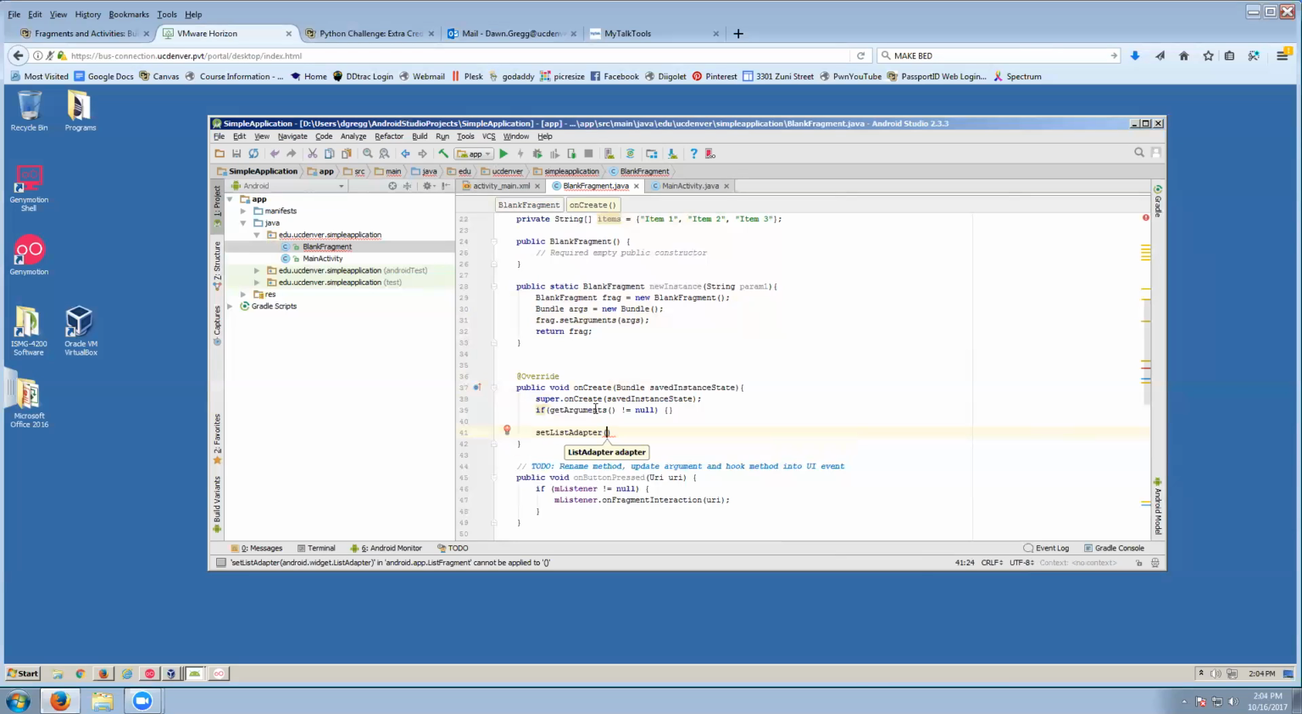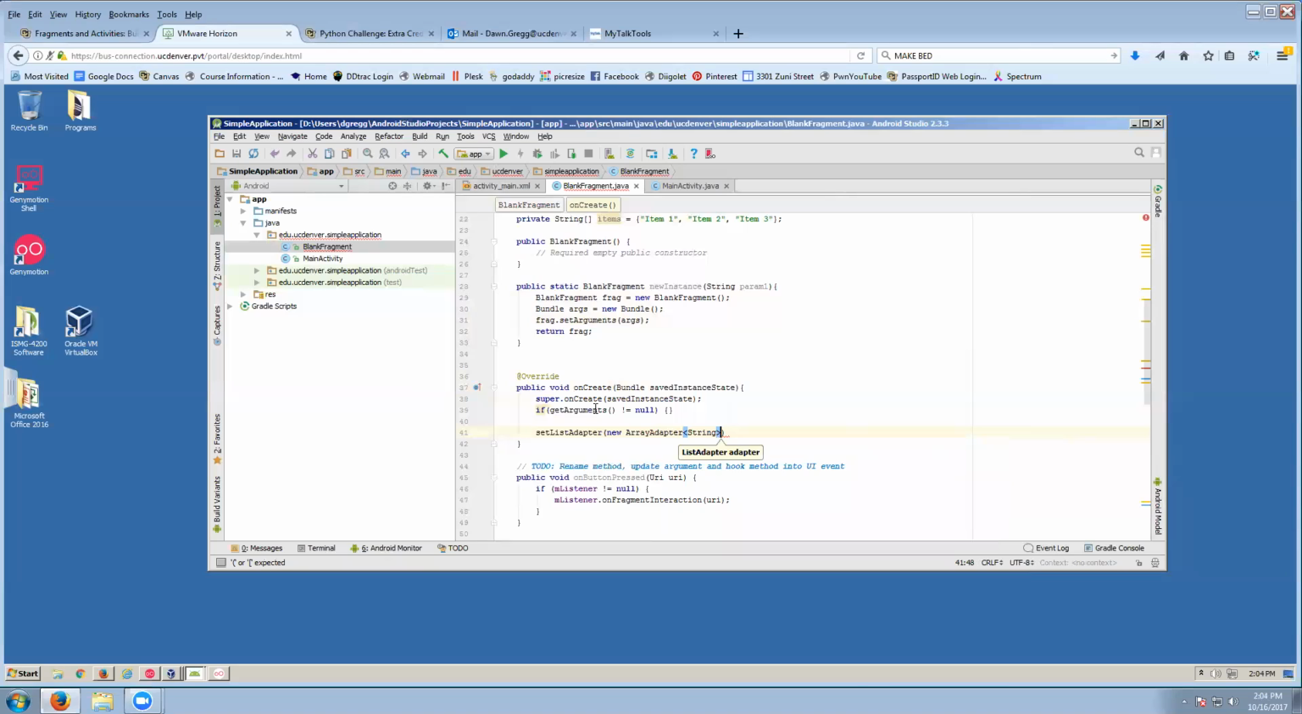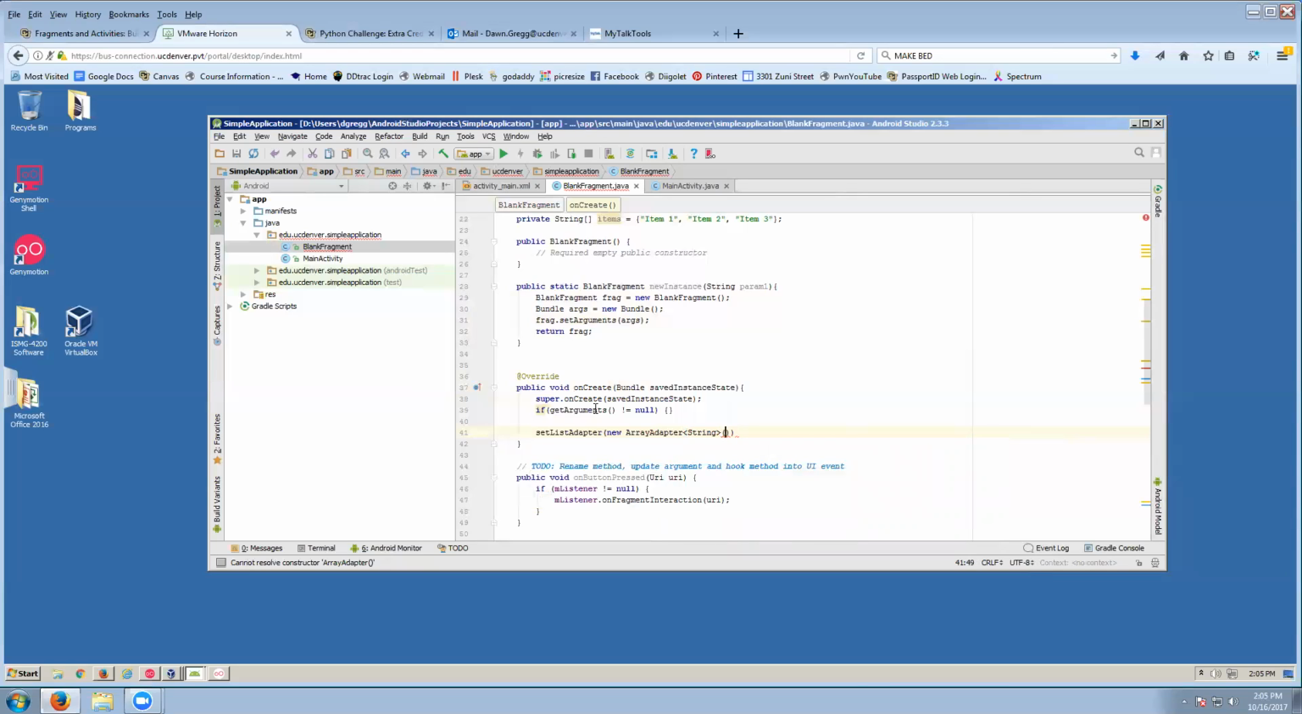And I'm going to call a new ArrayAdapter, which is just designed to adapt an array and put it in the list. This array adapter uses a string array, so you have to specify here that it's a string array. And then you're going to have an open parenthesis. So I'll put my opening and closing parentheses. In between the parentheses, we're going to pass in data,